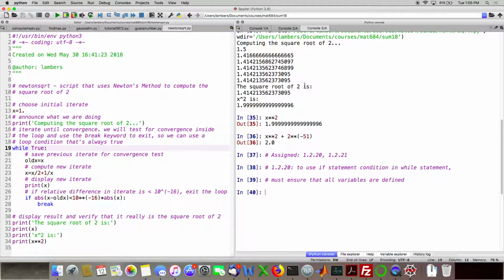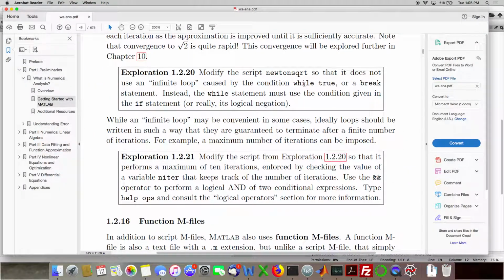The other variation in 1.2.21 is to have an extra criterion for stopping. We're going to keep track of a number of iterations. So you need a variable, you can call it n-iter for number of iterations, to make sure that the code will not perform more than 10 iterations. Now, in this example, it doesn't need that many iterations anyway, but